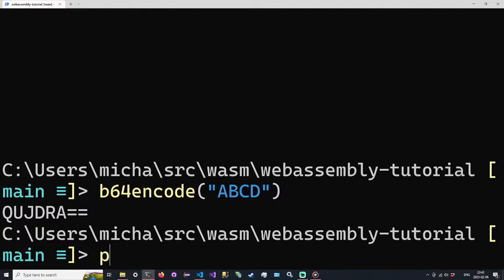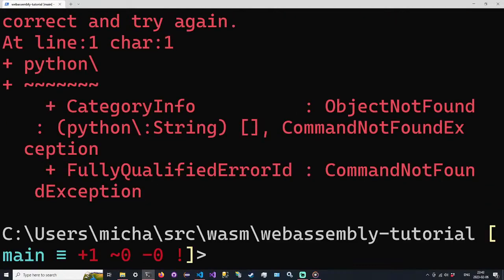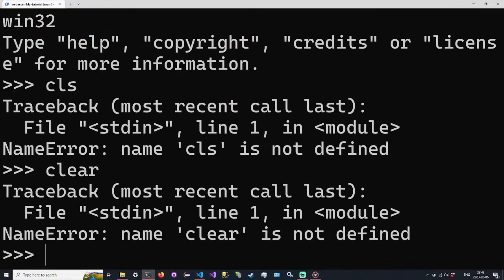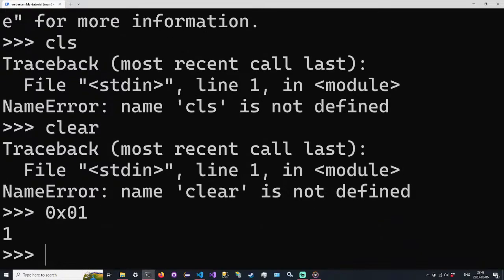So if I go into Python, something like 0x01, this is 1 byte because it takes up 2 hex characters, which each have 4 bits, and that has the value 1. So we can encode this 0x01 as a byte into